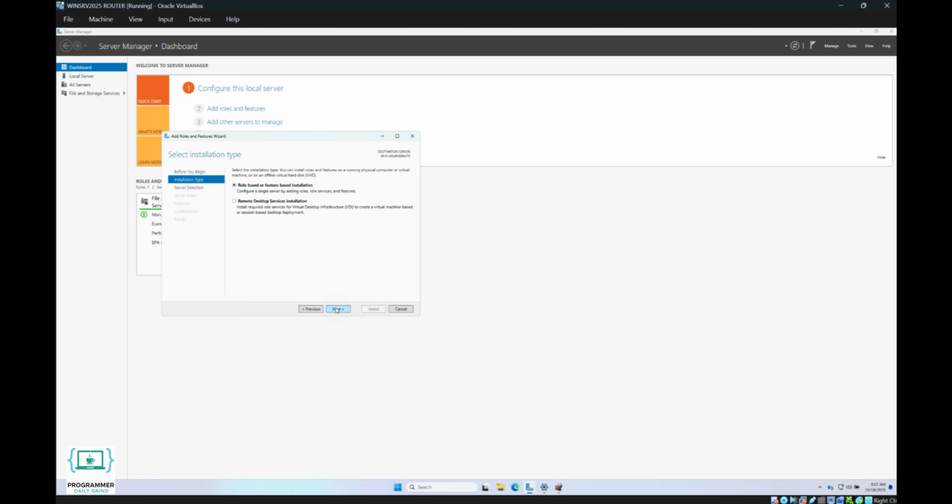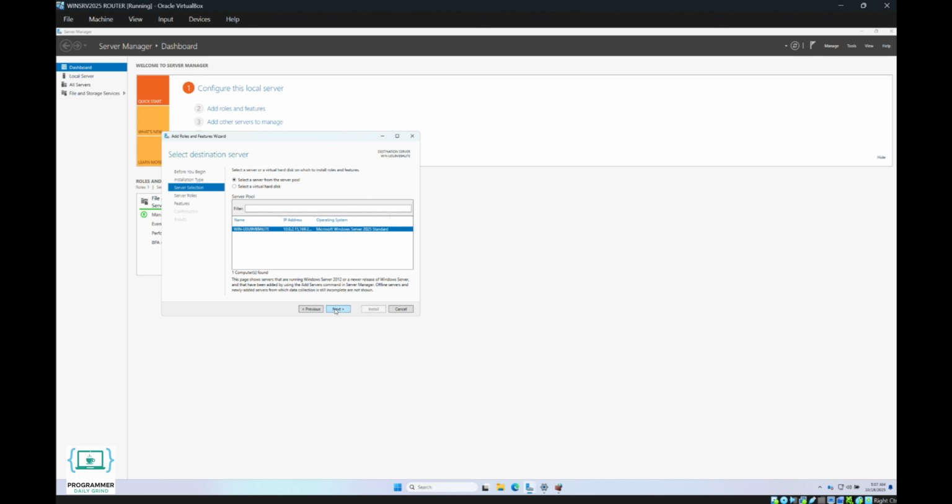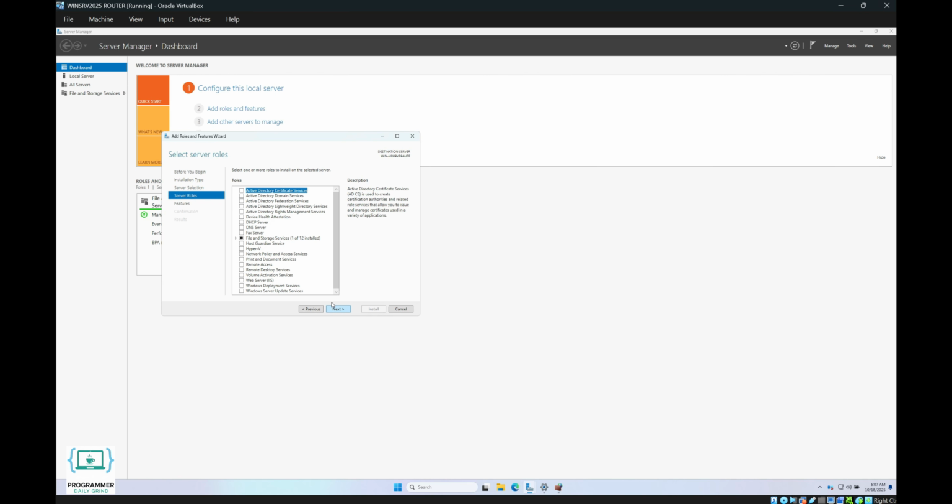On the Installation Type page, select Role-Based or Feature-Based Installation, and then click Next to continue with the setup. On the Destination Server page, make sure your Windows Server 2025 is selected as the destination server, then click Next to proceed. On the Server Roles page, select Remote Access as the role to install on the selected server, then click Next to continue. On the Features page, you can leave the default selections as they are, then click Next